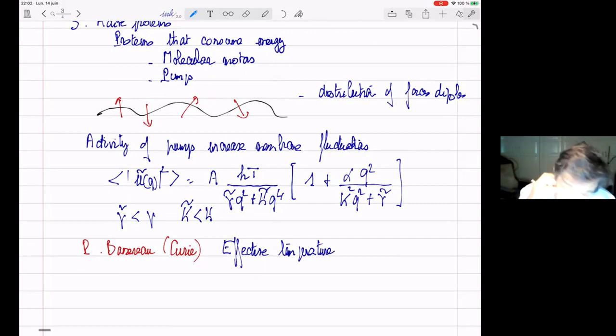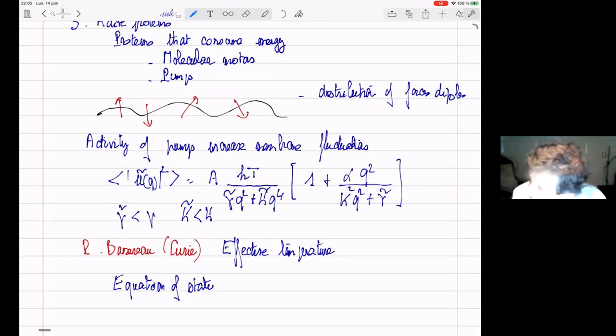And the way you do it is you measure what I call the equation of state. So remember, this was a measure of the area minus the projected area as a function of the tension on the membrane. So what you want to do is measure that, and instead of using the temperature, you fit it with an adjustable temperature. Now, if you do that, which is certainly not extremely well justified theoretically, what you find